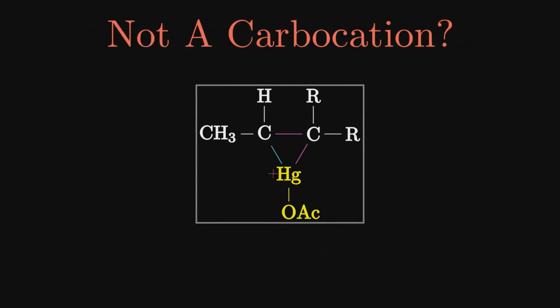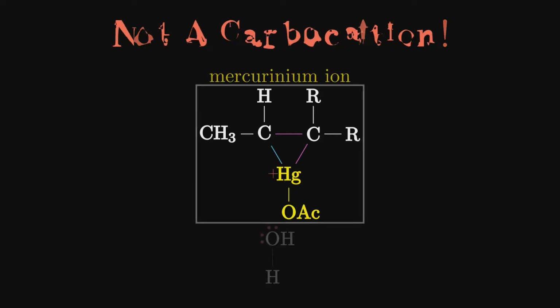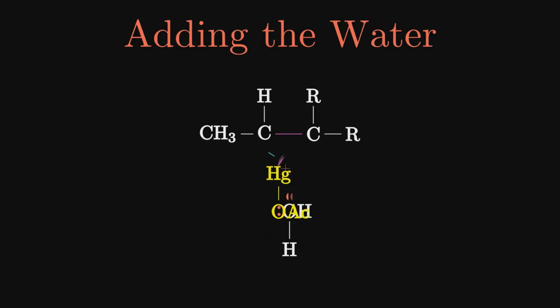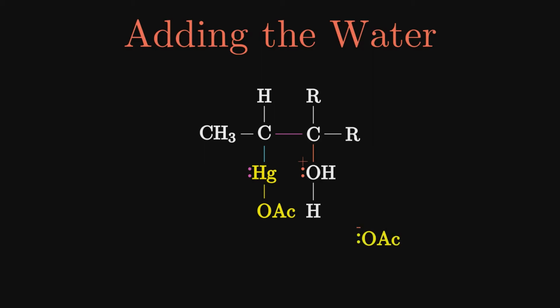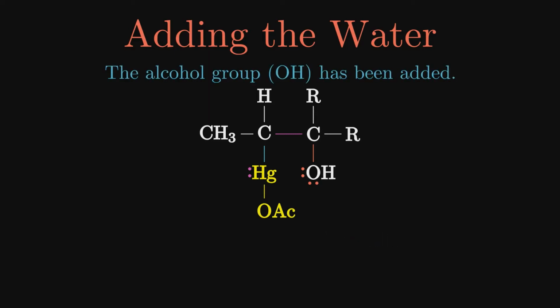So once again, we have a positive ion that is not a carbocation. It is a mercurinium ion. This ion will be attacked by the water molecule, which adds to the original sp2 carbon with fewer hydrogens. The positive charge ends up on the oxygen of the water. The acetate ion lost by mercury earlier comes back and removes the proton from the ion, leaving the alcohol group